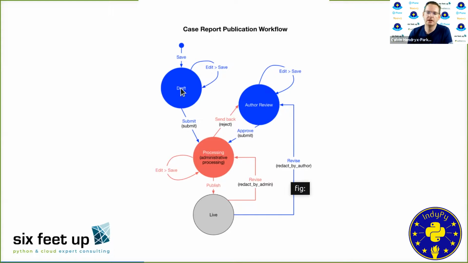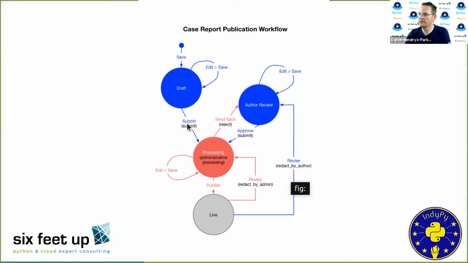Now, I mentioned that the workflow's transitions can actually end an item back up in the exact same state. And as we get into some of the code that powers this example here, we will see that, for example, when I click edit, as a transition, it basically kicks off in response to that edit transition a save. So I'm allowed to edit it. So as I edit, I basically save it back into the exact same state.